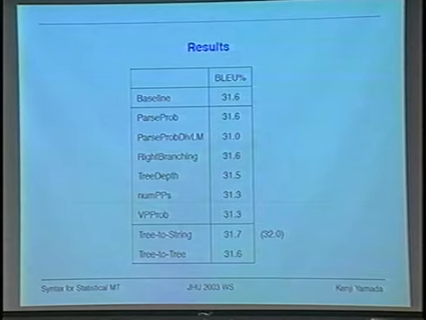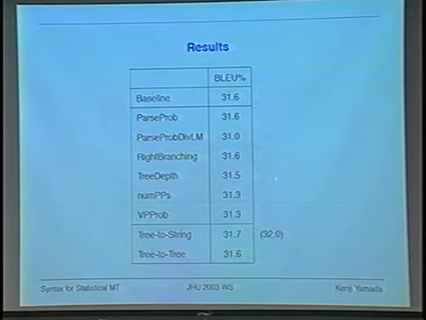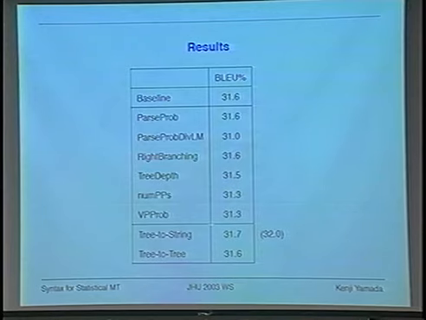The result here is the several different feature functions. So the baseline is 35.6, and here we see simple feature functions. Tree-to-string or tree-to-tree also doesn't give much improvement. And here, 32.0 was done by using a more complex technique, like splitting a big tree into small tree fragments. That will be mentioned by Anu and Viren.